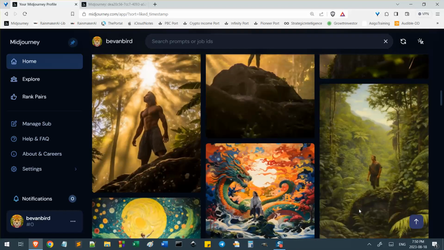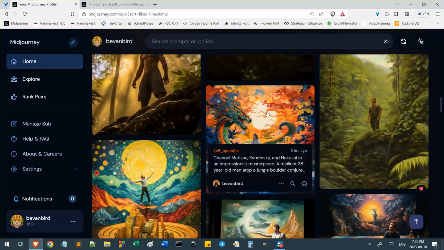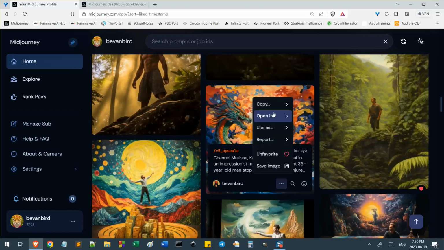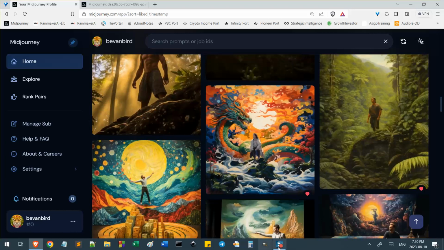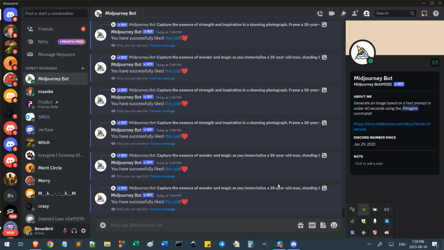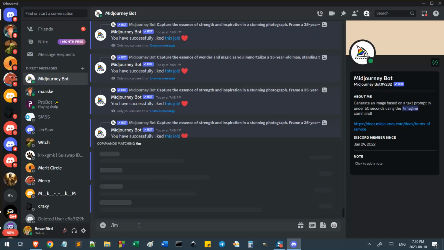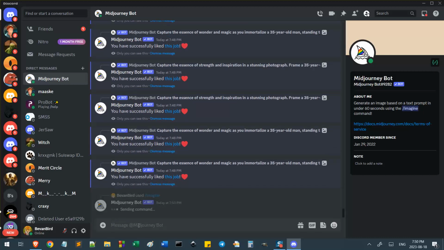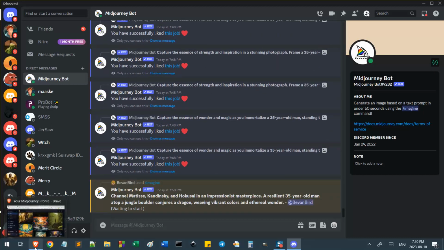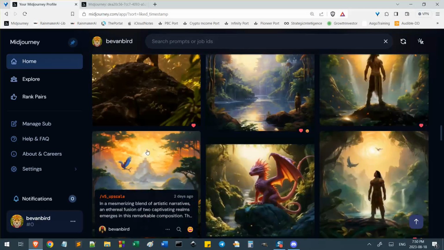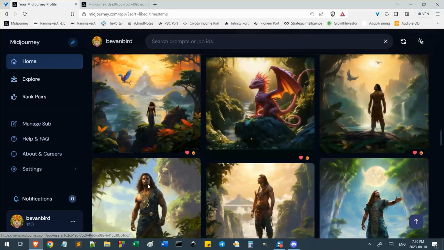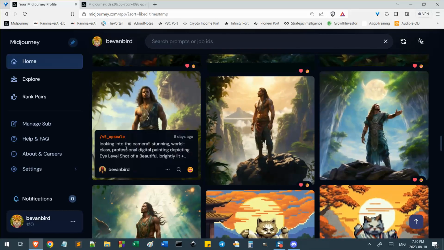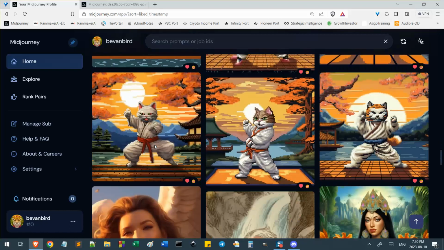So if we want, we can just imagine again with any of those prompts, like this, for example. Copy full command, go and imagine that now. Right, and that'll create another one of those. Yeah, so that's good for now. You can see what I had there already before, which was this stuff. There might even be some before that.